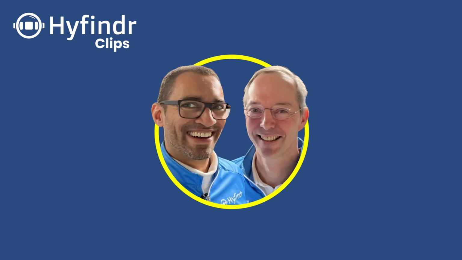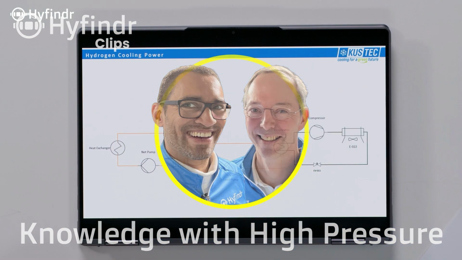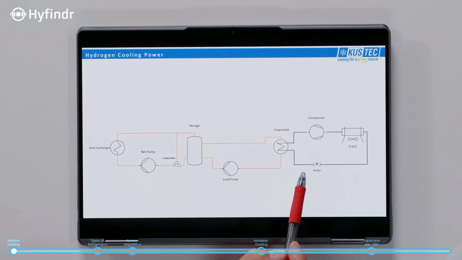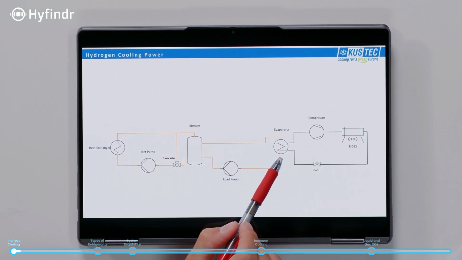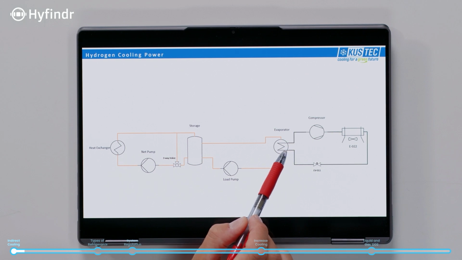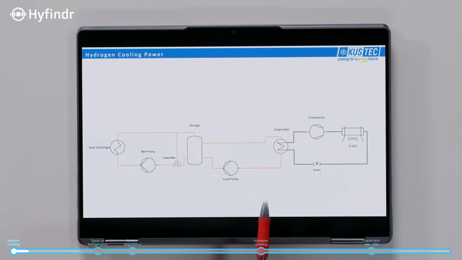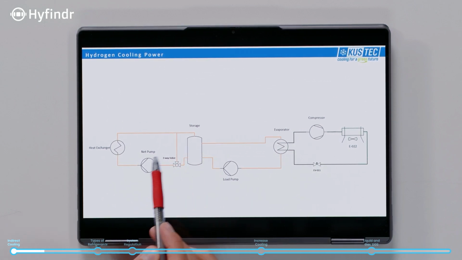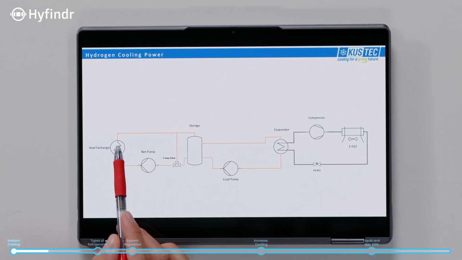And then we can regulate our cooling capacity after that. Now I can show you indirect cooling. So we have quite the same loop here, but here this heat exchanger is not cooling the hydrogen. It's cooling a coolant, like a brine or water glycol. Then we have some pumps and valves and storage, so that this coolant is stored. And this heat exchanger is then inside the dispenser again.